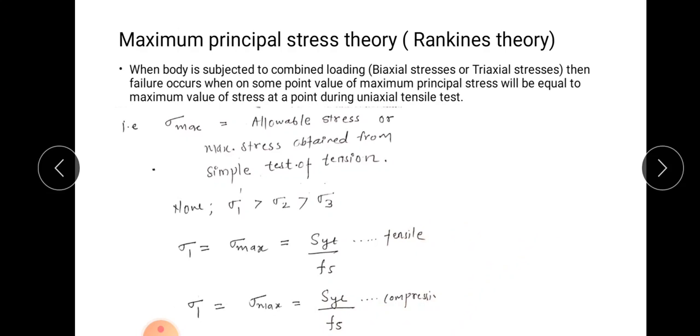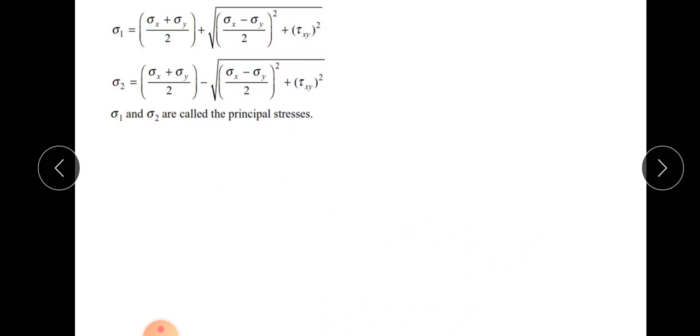Okay, now let us go into some deeper insights. Basically, in the last video I explained how to calculate sigma 1 and sigma 2, which are nothing but the major and minor principal stresses. So we get a formula in such a manner: sigma 1 is equal to sigma x plus sigma y upon 2 plus under square root of so and so, and sigma 2, that is the minor principal, is sigma x plus sigma y upon 2 minus so and so. So already, from the Mohr circle, we can calculate the values of sigma 1 and sigma 2. Okay, and now as I earlier said,